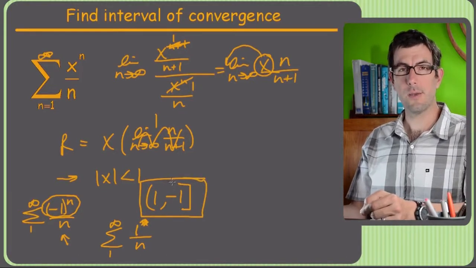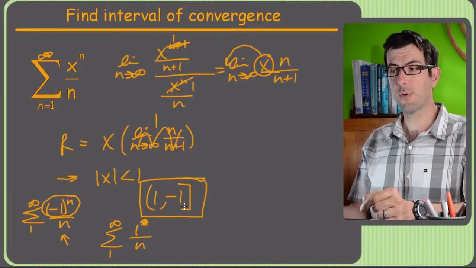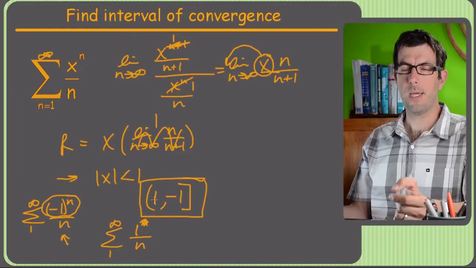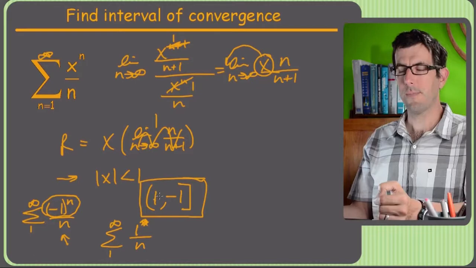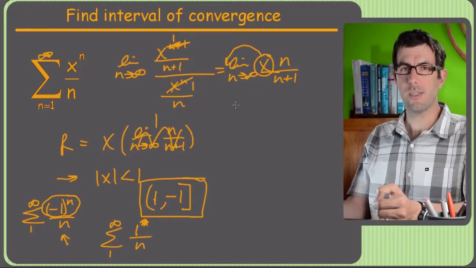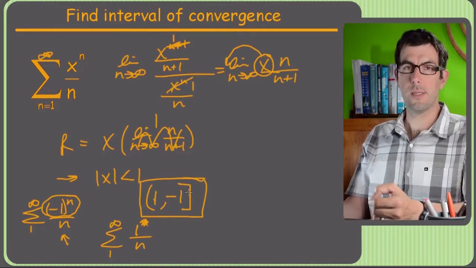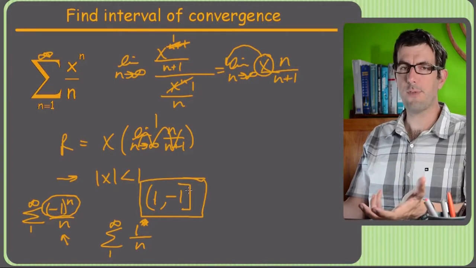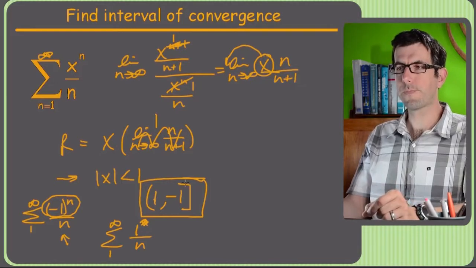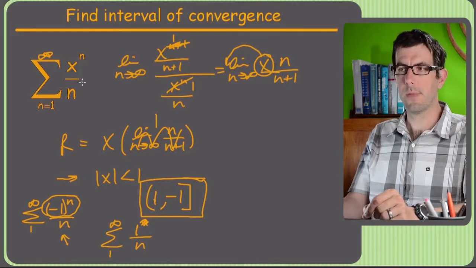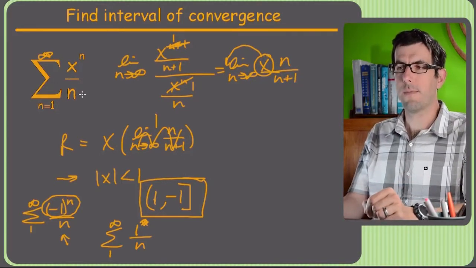So interestingly, when we plug in endpoints, we do get converging for one end, but not the other. And that's because one's alternating and one's not. And that's the main trick you're going to come across when you're finding these intervals of convergence. A lot of times, whether you need a square or curved bracket is going to have to do with whether the thing alternates or doesn't alternate, which can totally save convergence when you're dealing with a